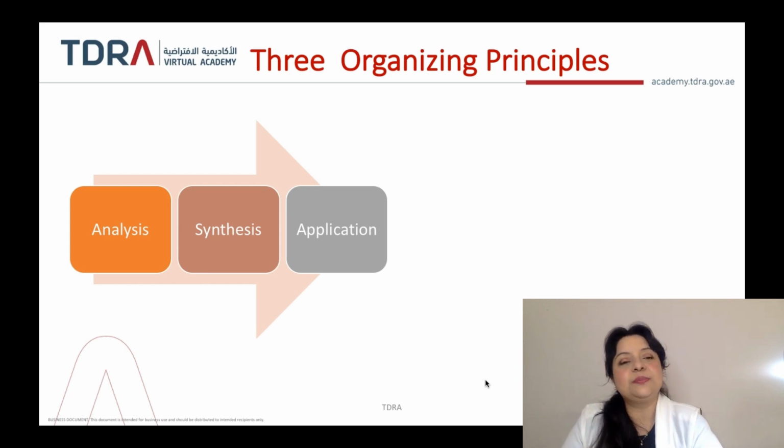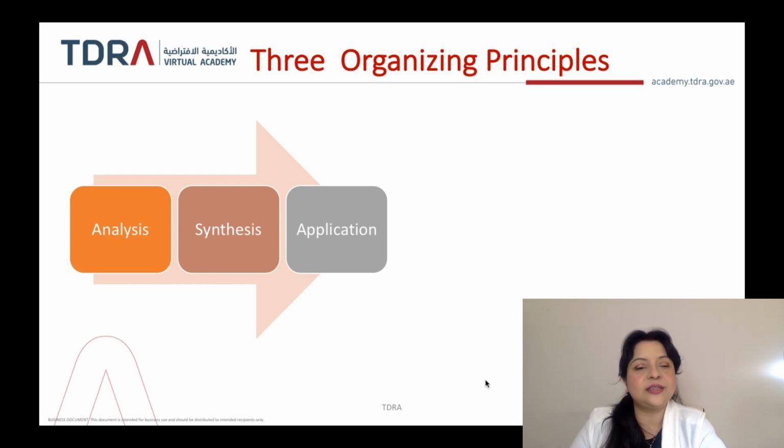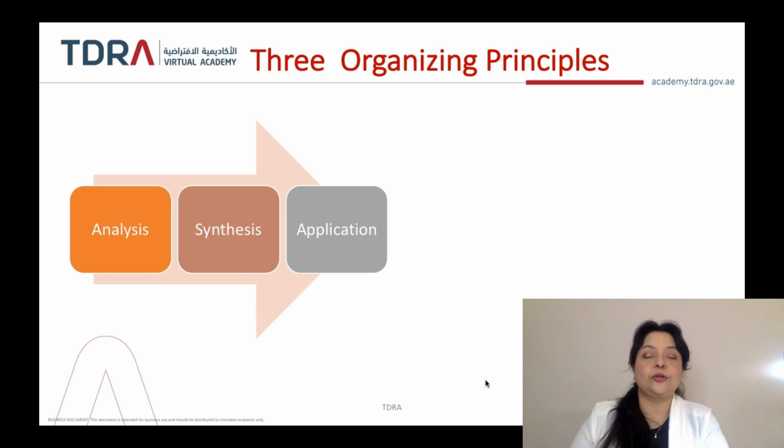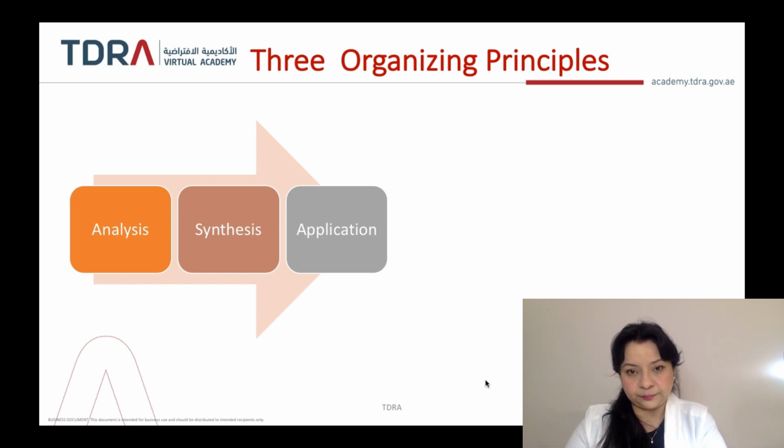The three organizing principles that we're talking about, there are two or three others, but the first three are analysis, synthesis, and application. So, of course, we interact with a particular concept or a knowledge base, we analyze it, and then we start correlating it, synthesizing it with others, mix and match, so to speak, and then we start applying it. So, application is the truest evidence of a good active learning strategy. How well are you applying it? So, the knowledge to skill continuum is increasingly shortened because of active learning concepts.